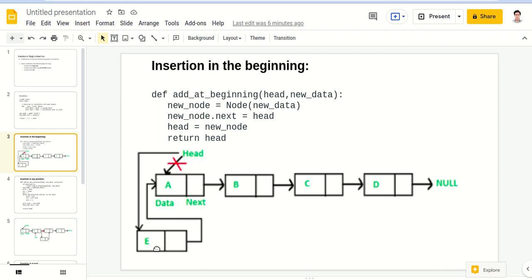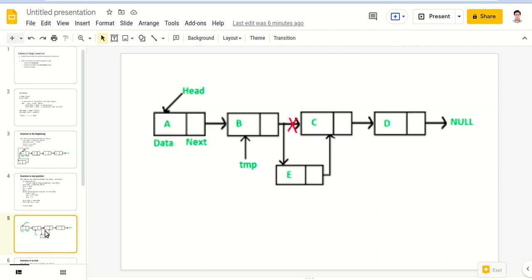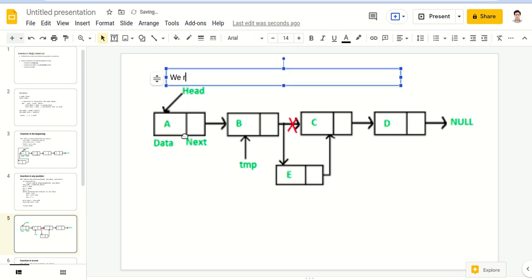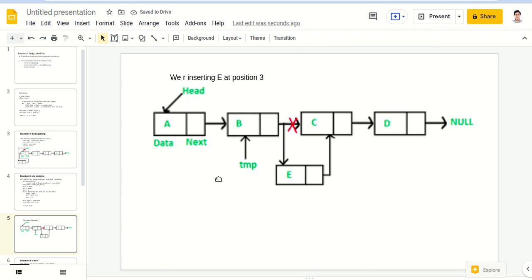Now if we are inserting at position 3, we are inserting E at position 3 over here.